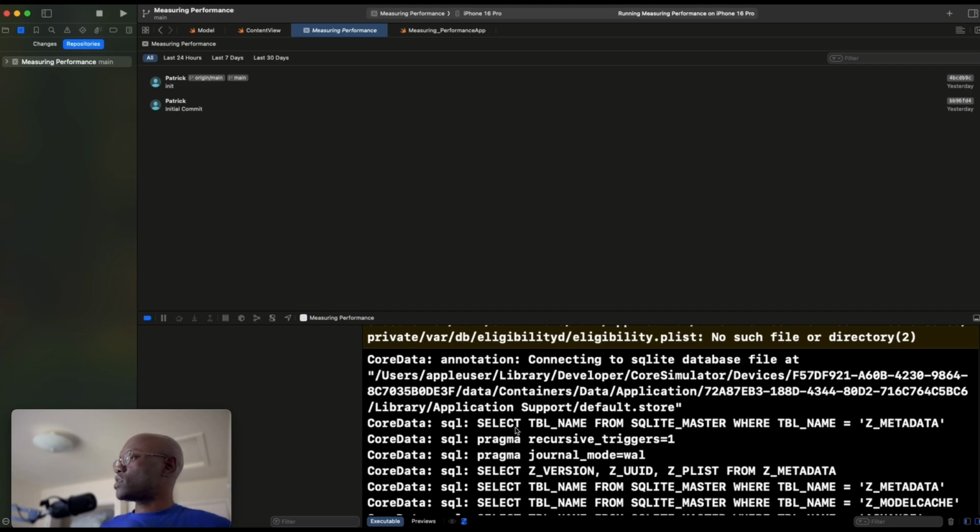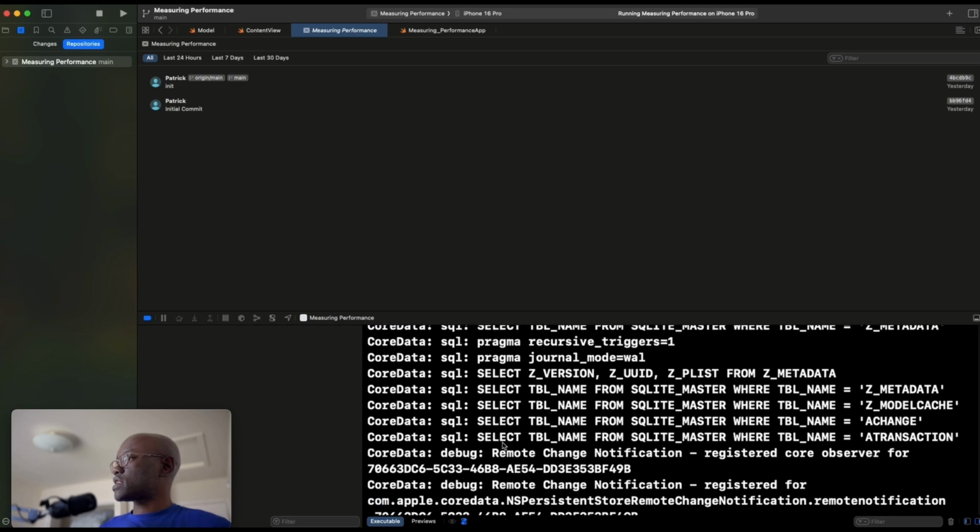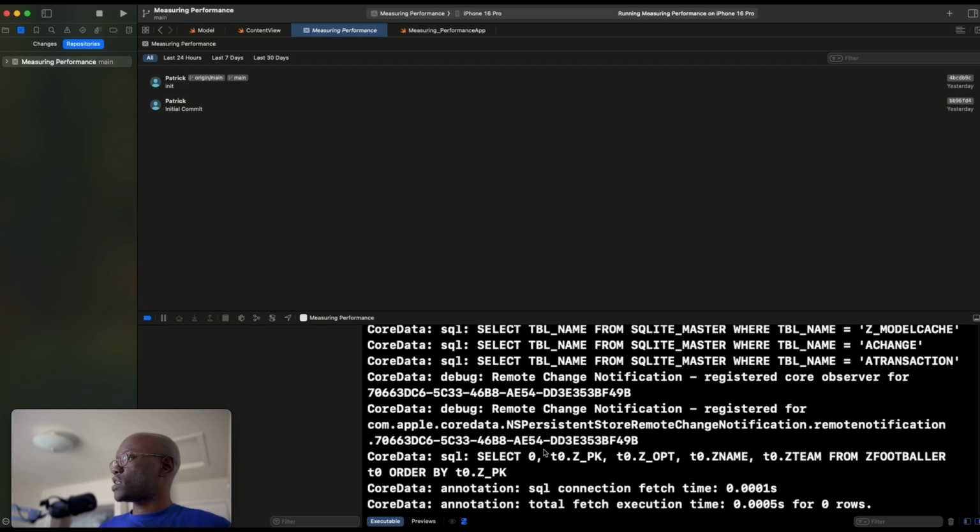So we have the SQL select table name from SQLite, where Z is going to be the metadata and all that information, remote notification. So all this is going to be information with regards to our Core Data, right? So with that known, let's